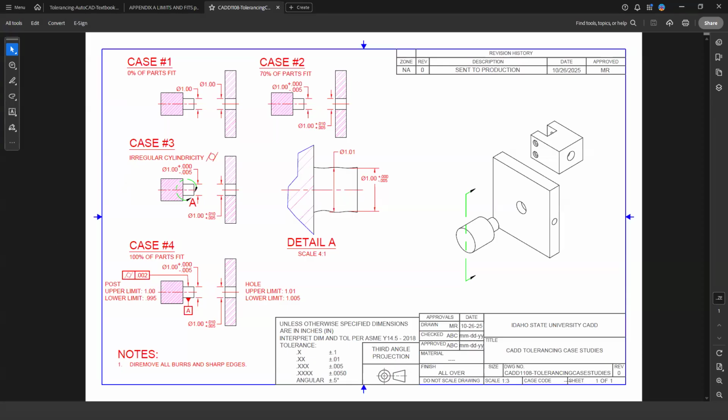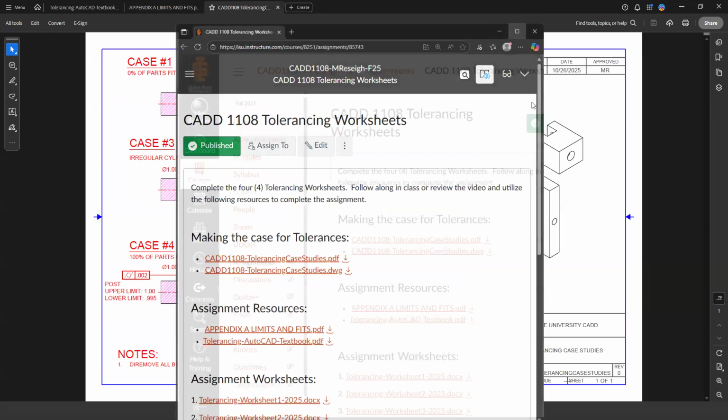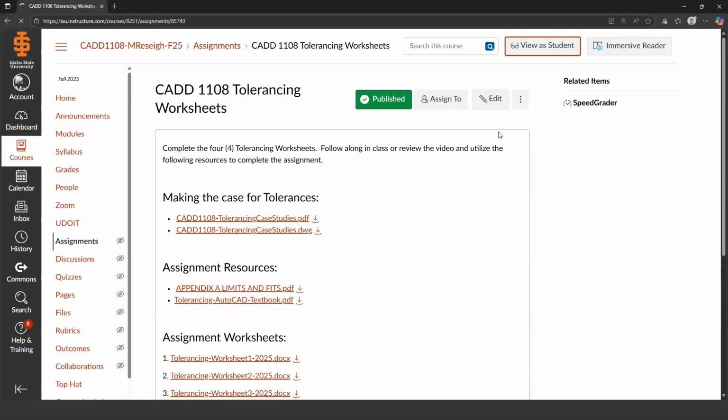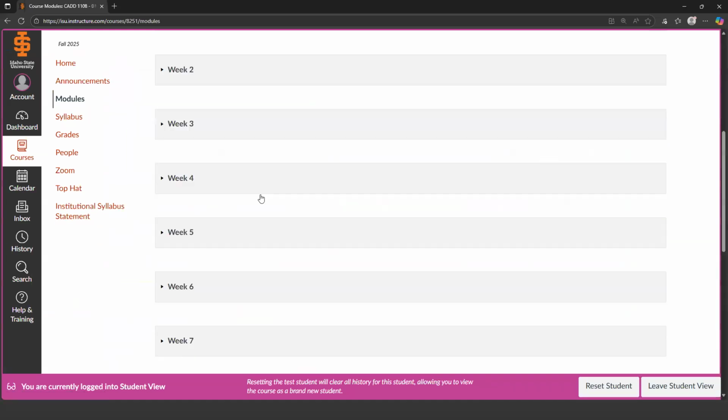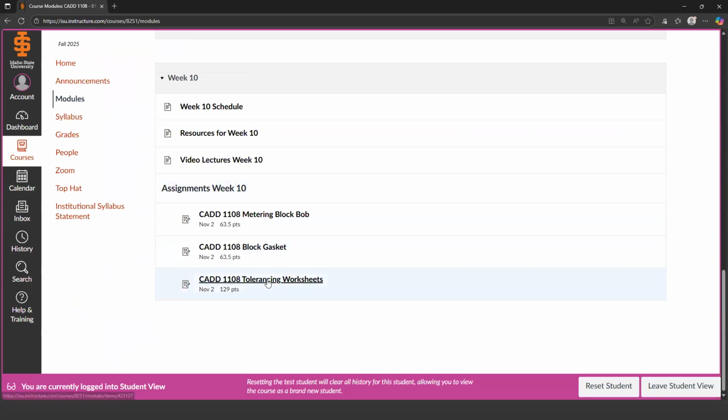So yeah, let me throw over our Canvas course here, and I'll go to look at it as a student here. Okay, so let's see how we're going to proceed with this. But under the tolerancing worksheets,